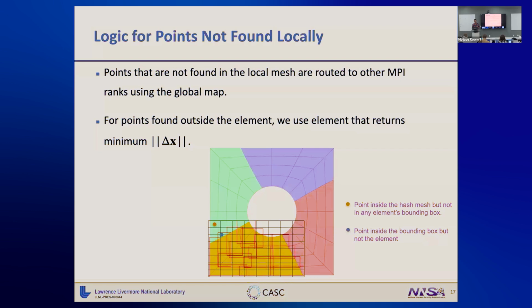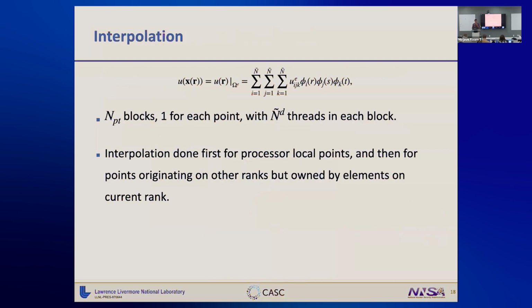Once we have that information, interpolation is easy. That's actually the easiest step. In this case, we assign one thread block again for each point, and inside each block we have n to the d threads. That maps well to the tensor product structure that we have. And since a lot of processors are trying to do this concurrently, we first do it for all the points that are located locally on the elements that you own. Then we do the communication step, do another series of interpolation, and send the values back to the processors that